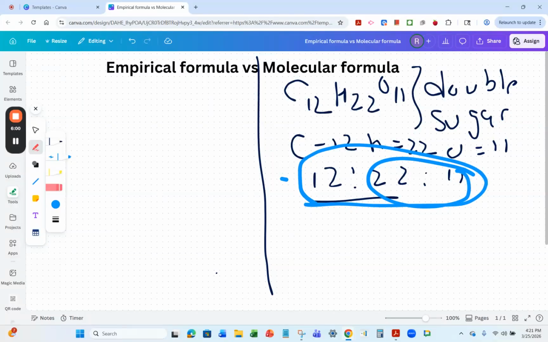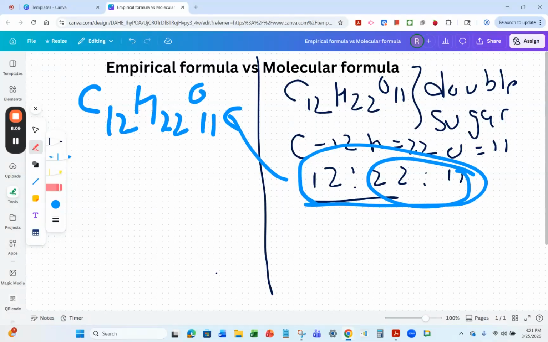No, we have an empirical formula. So the only difference is that the empirical and molecular formula stay the same. When we use the calculation, you will understand more. What does it mean by empirical and molecular formula remaining the same? So yes, in this case, the empirical and molecular formula are the same.